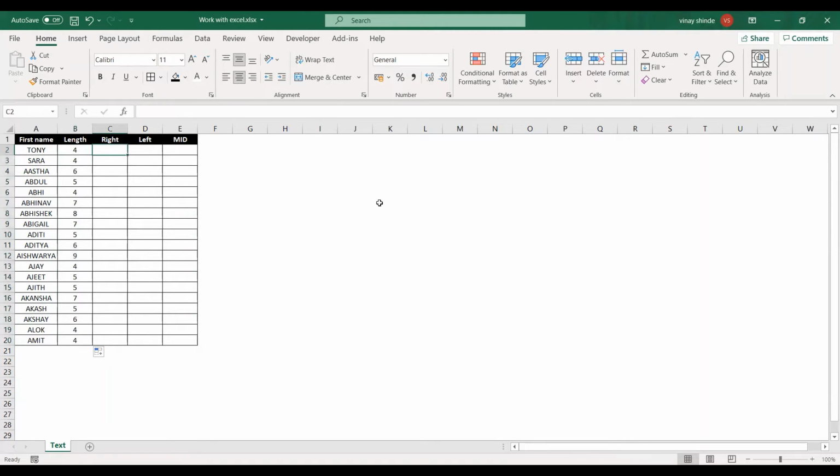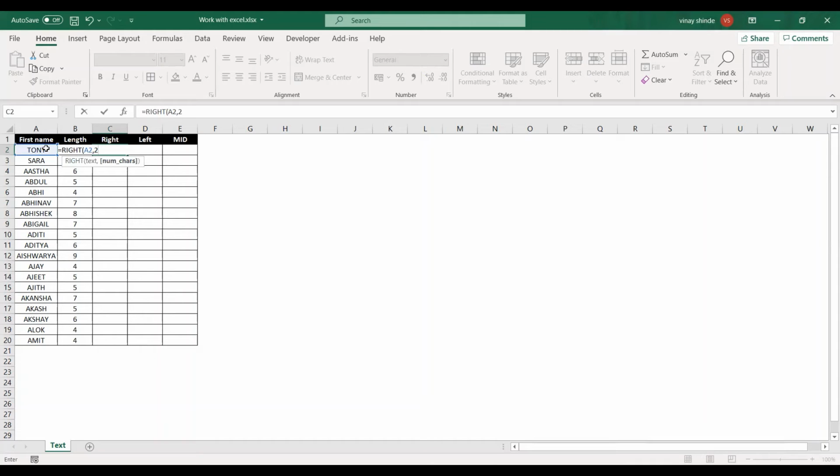Similarly, we have one more important function in Excel, which is RIGHT. What RIGHT does is, if you write this formula, select the text, and let's say I want only 2 characters to be displayed from the right of the name or given text, I'll mention 2.